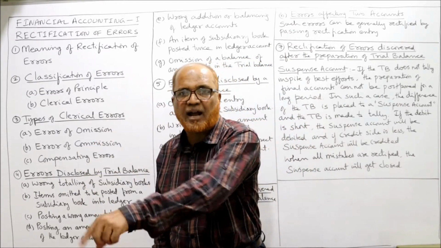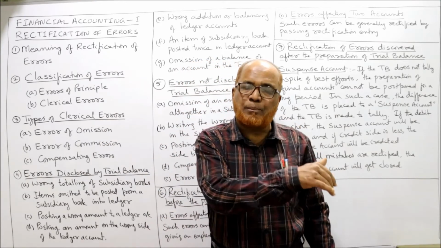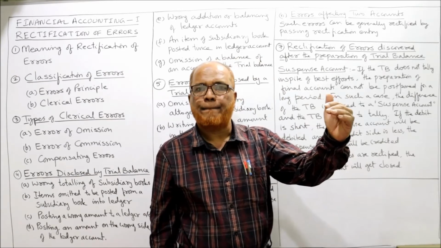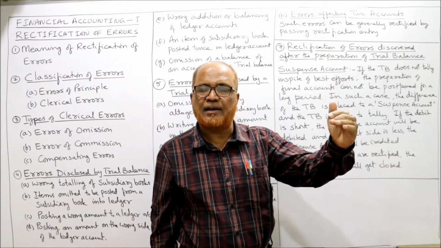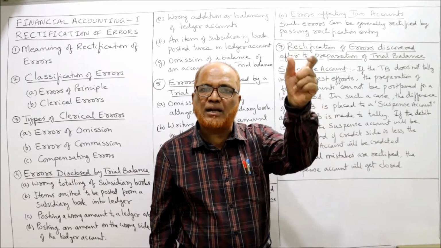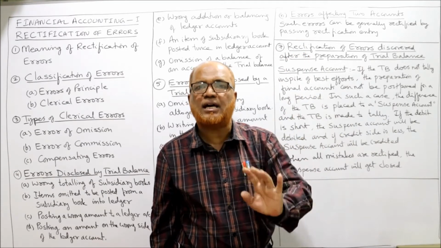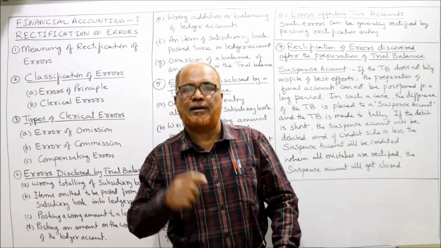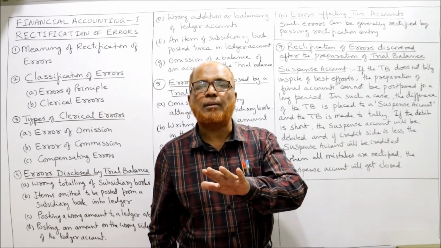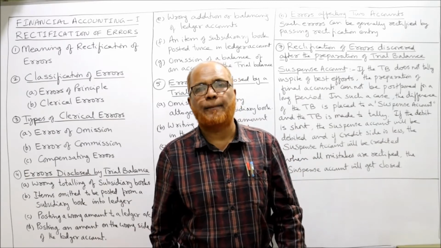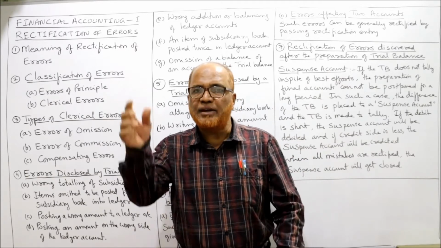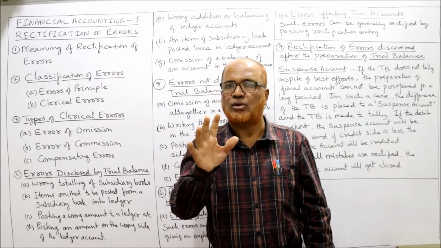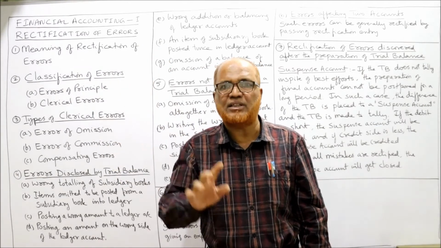taken in purchases account. When we post it into suppliers account, creditors account, A's account was correctly credited, B's account correctly credited, C's account correctly credited, parties accounts are correctly credited, but the total of purchases account wrongly debited. In that case, your trial balance is not going to agree, because on the debit side we have taken 50,000. Purchase account was debited by 50,000.